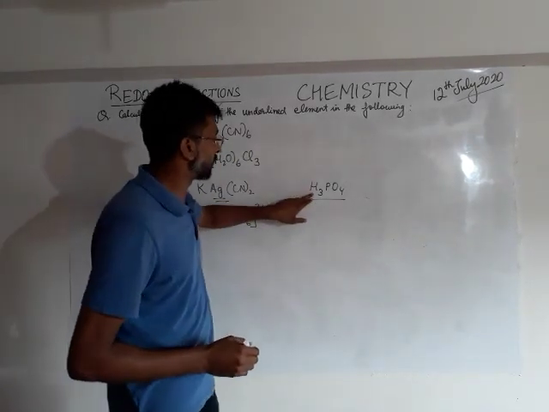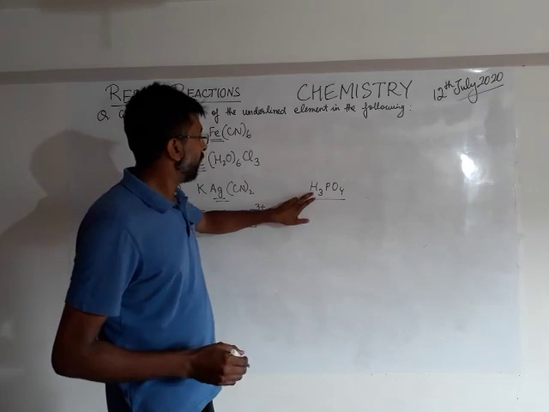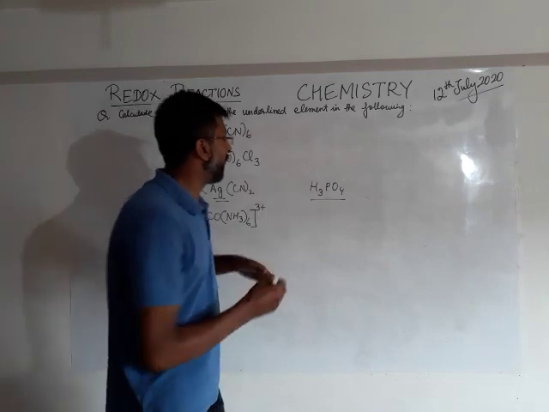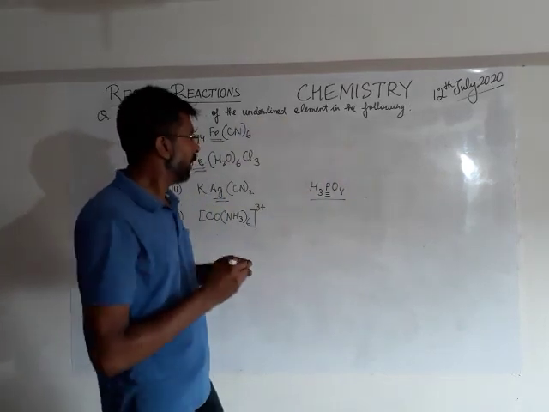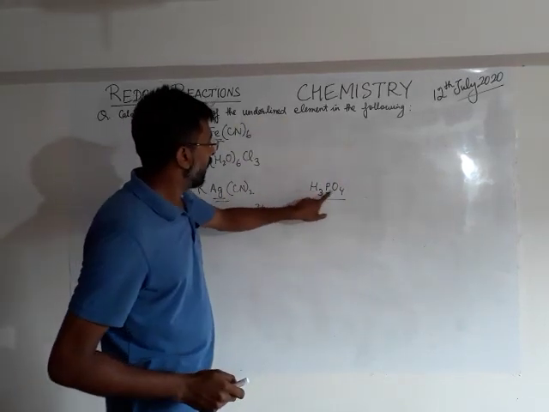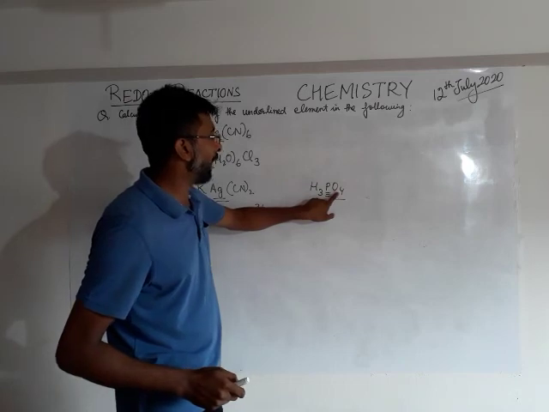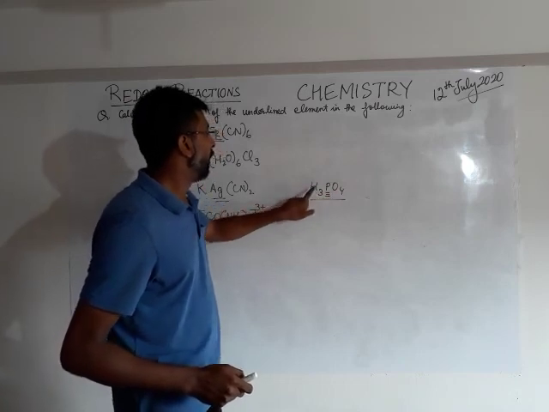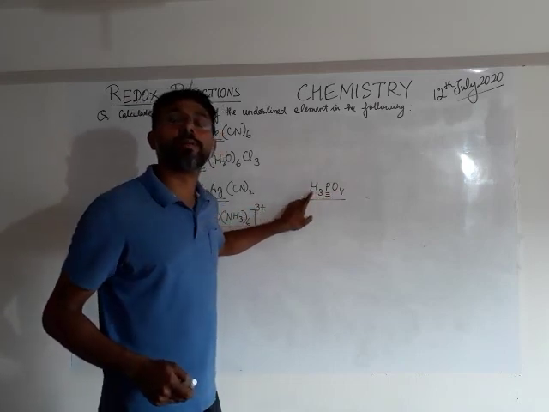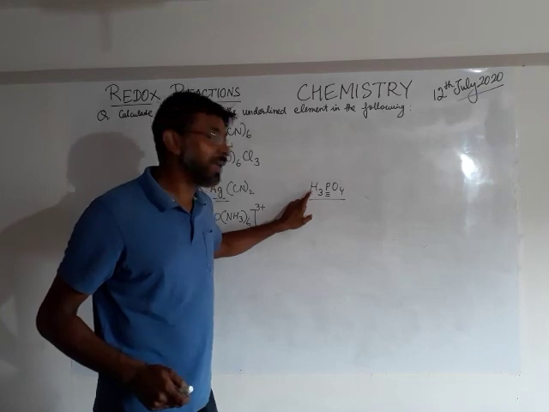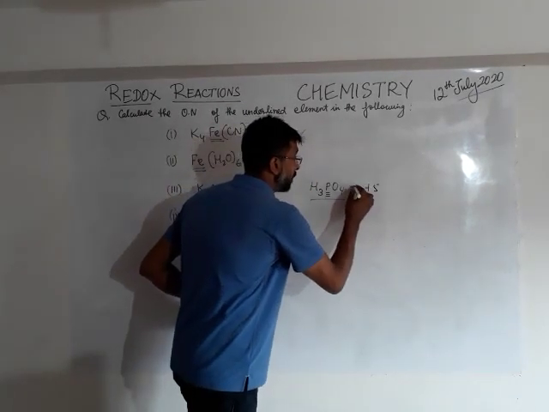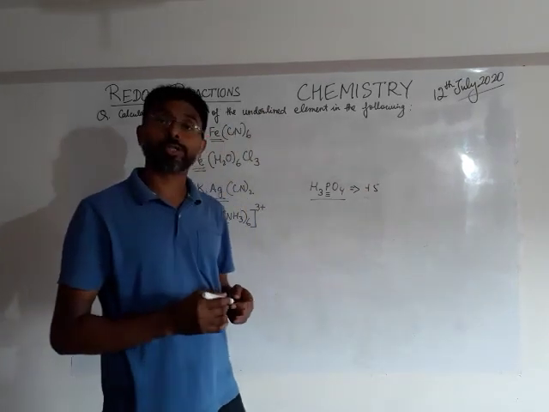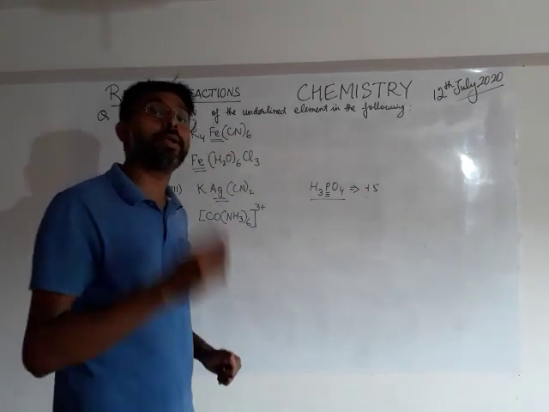For example, look at this. Hydrogen plus 3, phosphorus, let it be X. So we are told to calculate the oxidation number of phosphorus. So it is plus 3 over here. And this is 4 into 2, minus 8. Minus 8 plus 3 gives us how much? Minus 5. Go that side, it becomes plus 5. So it is possible to calculate the oxidation number of the underlined element mentally also.